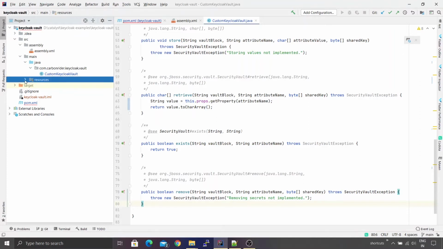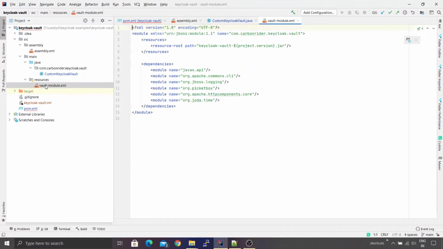Also, let me open the resources, and inside that we have a file called vault module.xml. Now this is also an important file because this is a file which will be read by JBoss when it is loading this plugin. And there are a few things which we need to strictly follow. The root tag of this file has to start with a module. Then it needs to have a name. So we have given a name as